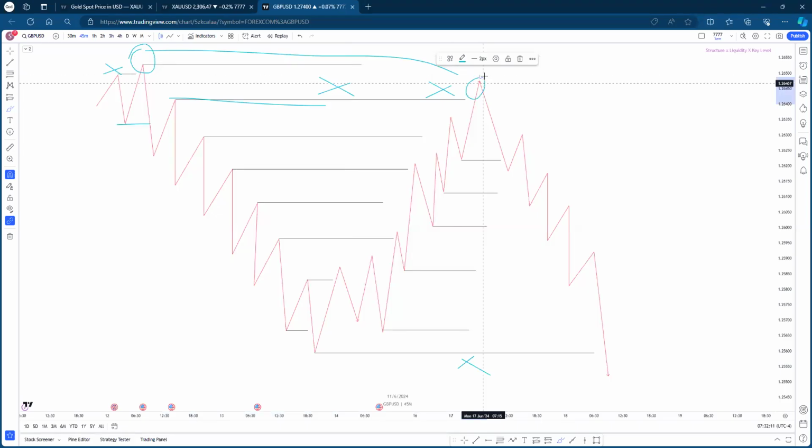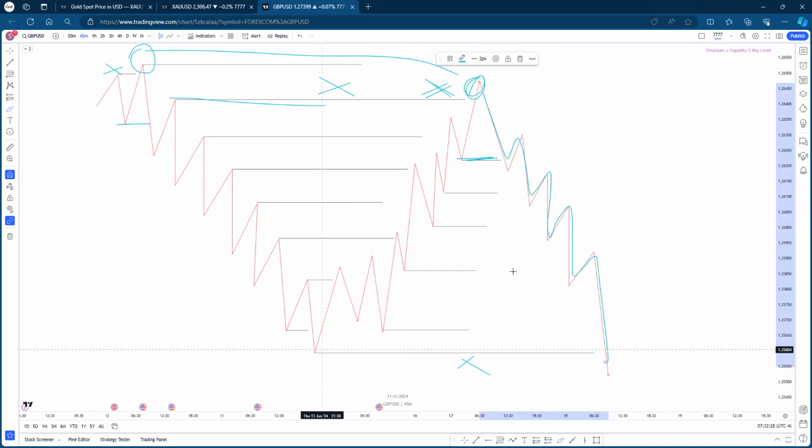Our next strong high now comes to this place because here we swept liquidity, right? And we have also broken below this particular low. Now that we have broken below this particular low, what has price done for us? It has created for us an order flow, consecutive lower lows and lower highs until this entire external range liquidity was actually taken. So like I said, in the basics of market structure,